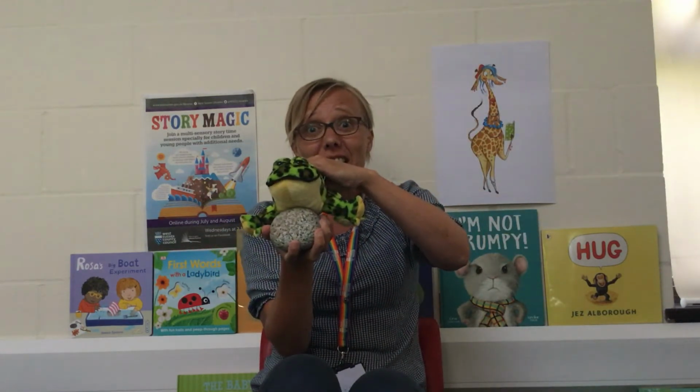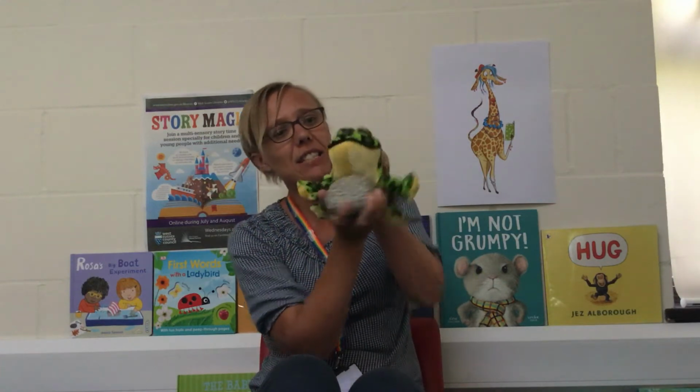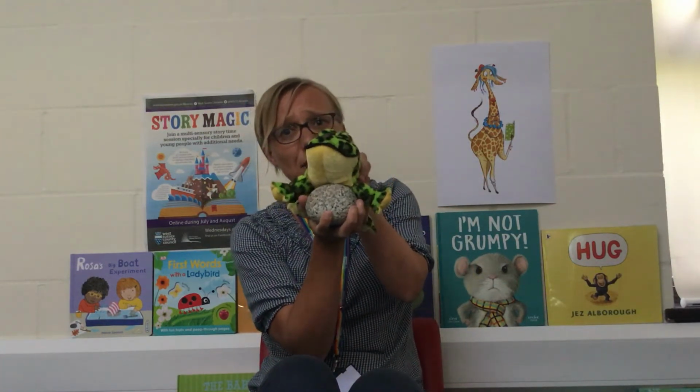It's a frog, said Mum. And here it is, here's our frog, sitting all by itself on the rock. But